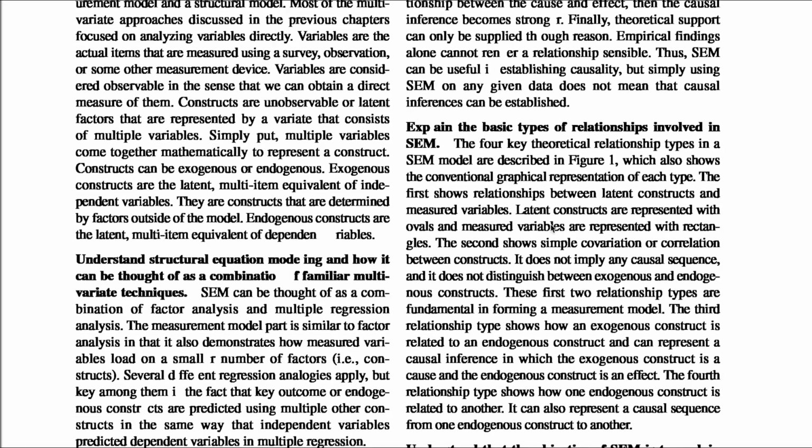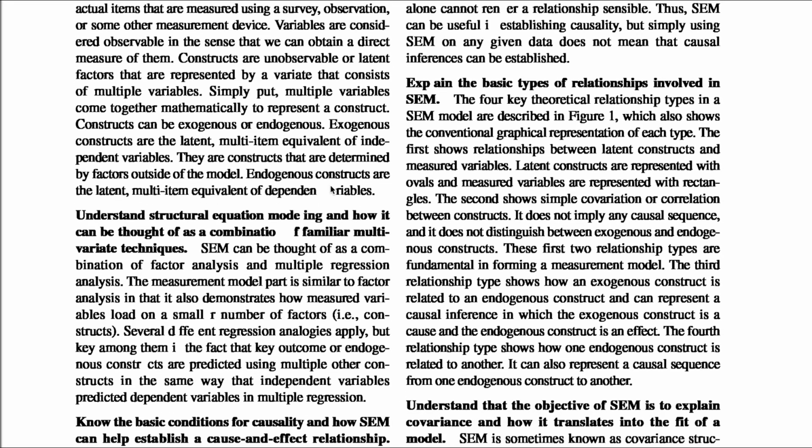Explain the basic types of relationships involved in structural equation modeling. The four key theoretical relationship types in a structural equation model are described in Figure 1, which also shows the conventional graphical representation of each type. The first shows the relationship between the latent construct and the measurement variable. Latent constructs are represented with ovals and the measurement variables are represented with